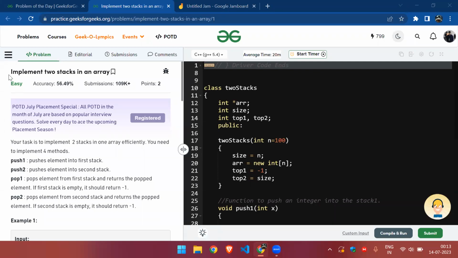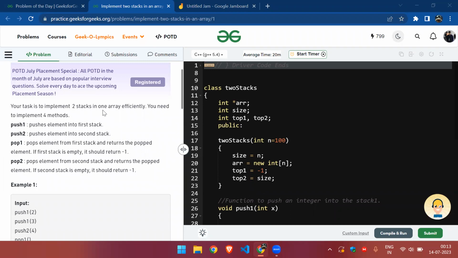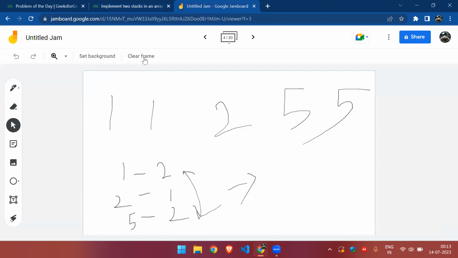Hello. So let's solve today's problem. Implement two stacks in an array. In this problem, we have to implement two stacks in one array. So what we have to do is first visualize how we can place two stacks such that it becomes an